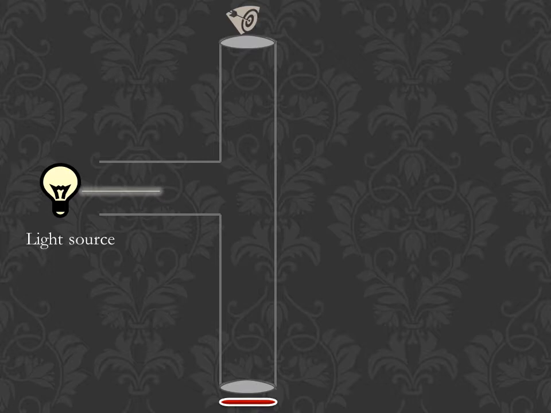Then we just need a single wavelength of light. As we all know, white light contains several wavelengths of light. That's why we use an exciter filter, so that only a single wavelength of light is allowed to pass through it. That is, white light is passed and only blue light in this case emerges out from the exciter filter. Now our purpose is to strike this blue light onto this specimen, right?